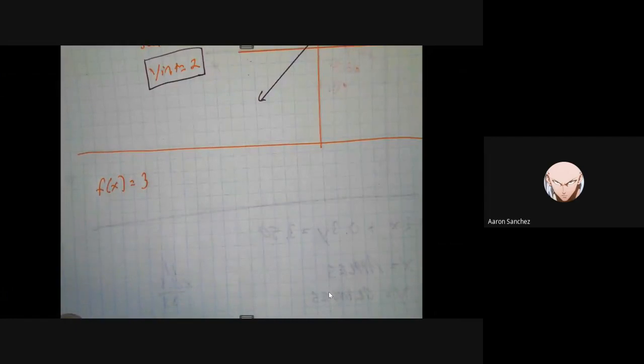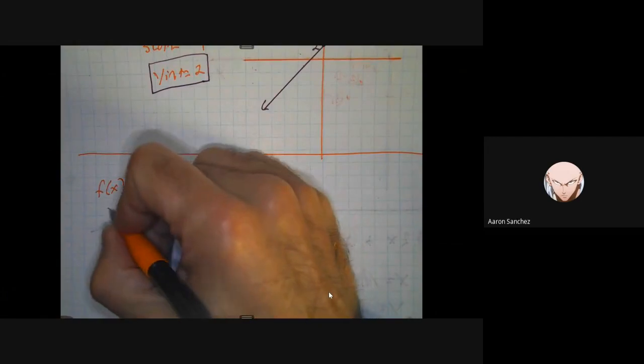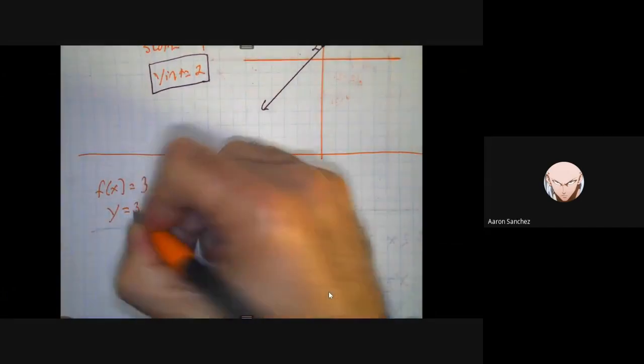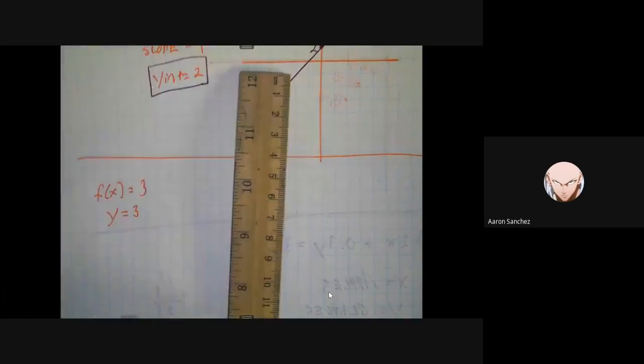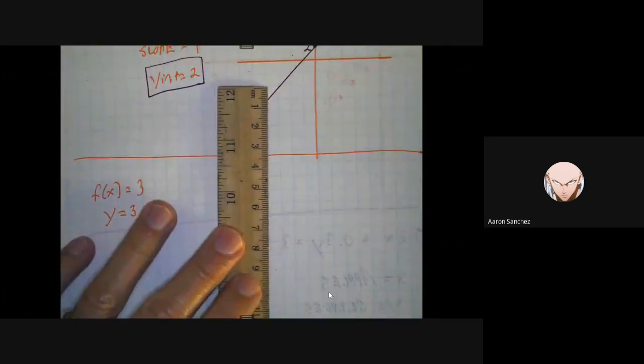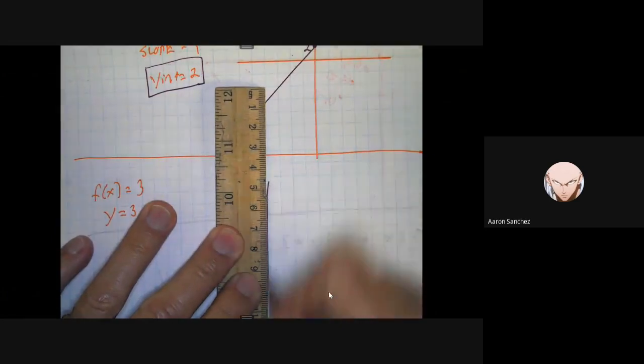So f of x equals 3. Another way to write this is y equals 3. So you want y always to equal 3. Okay? What do you mean by that, Sensei? Well, remember,